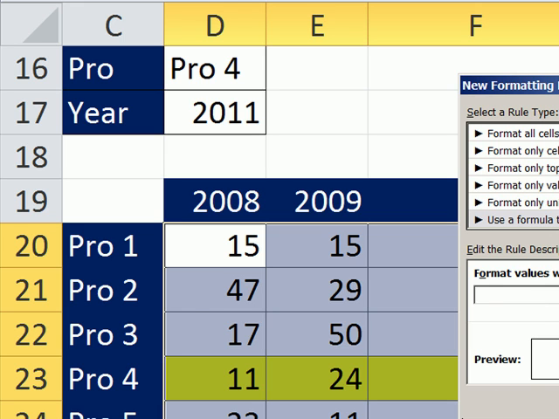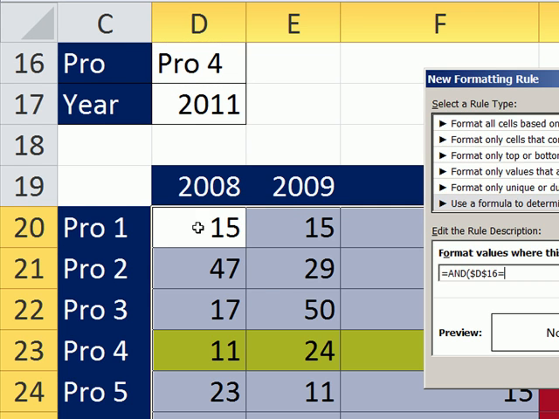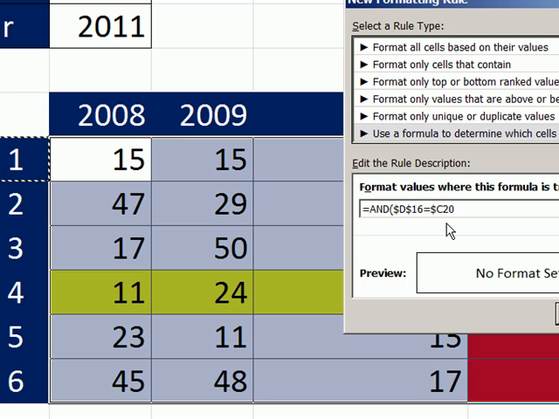Now, for each cell, there's going to be two tests. So I'm going to use equals AND. The first test, well, it's the same two tests we just did. We just have to put both of them into an AND. So I'm going to say, is the product, dollar signs locked in all directions, equal to this? F4, F4, column reference locked, but not the row. Comma,